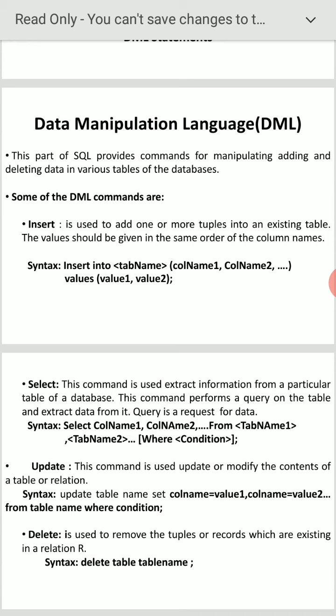Next we pass on to update. Just a few minutes back I told you about update; once again I will explain this. This command is used to update or modify the contents of the table or relation. Sometimes by mistake, I stored the first employee's salary as 5,000.